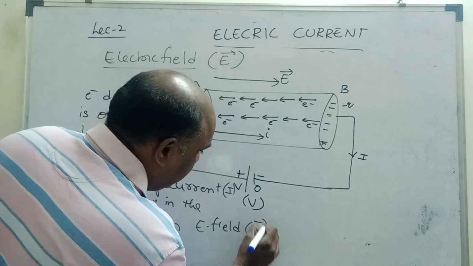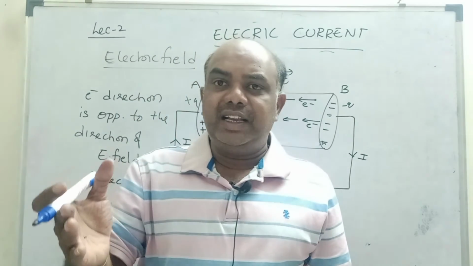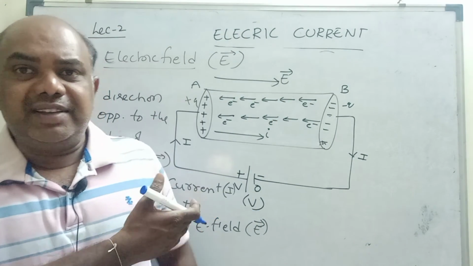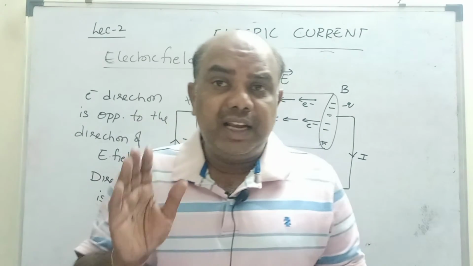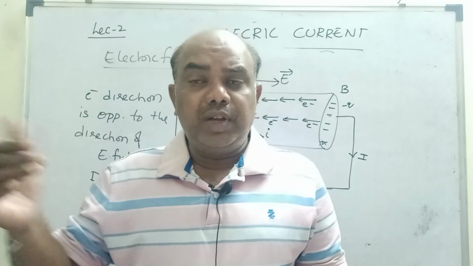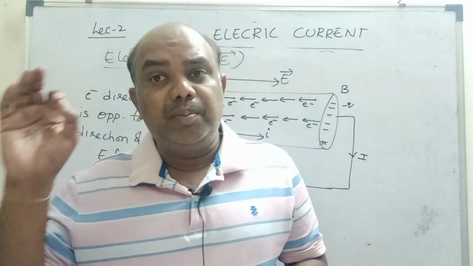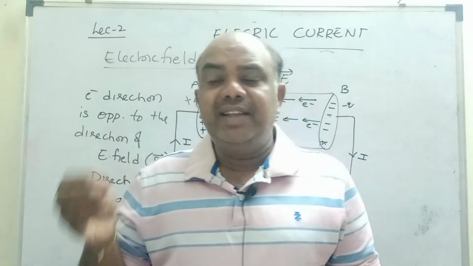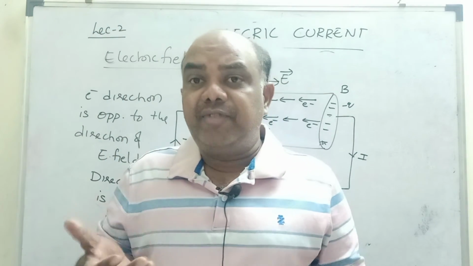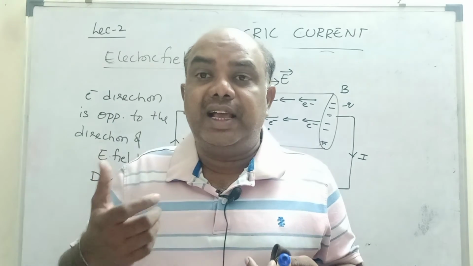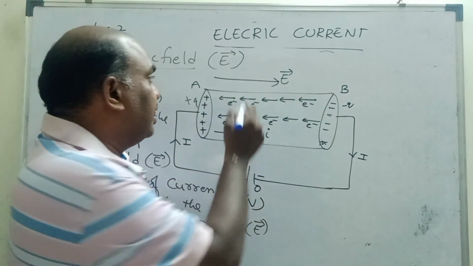Important, children. Sir, you said current is nothing but flow of electrons, and electron direction is current direction, but again you are saying the reverse. What is the meaning of this? Very simple, children. An electron has negative charge. If you take electron charge from the battery's negative to positive, every time you have to put a minus symbol. Instead of the minus symbol, just for our convenience, we are taking conventional current, with the current direction in the direction of the electric field. The electric field direction is the current direction.